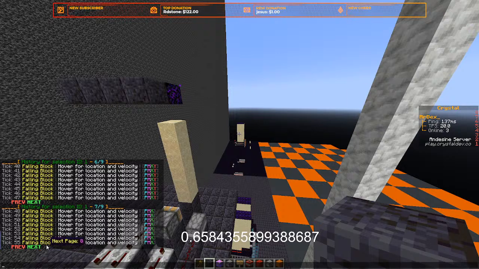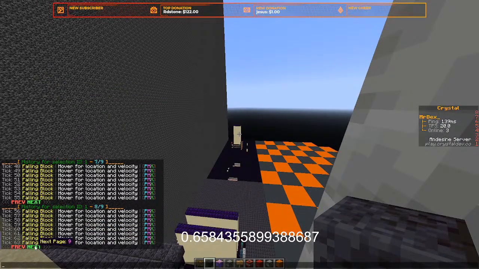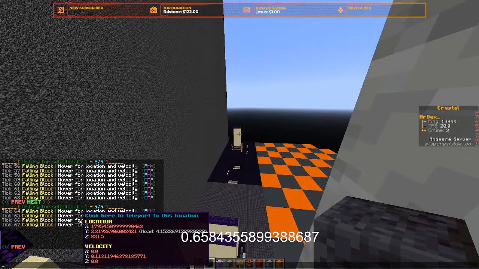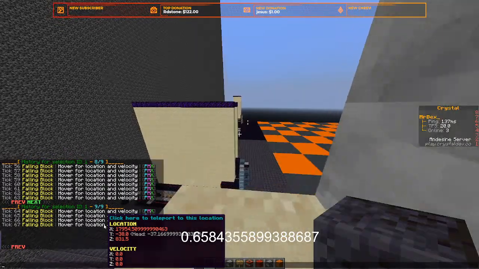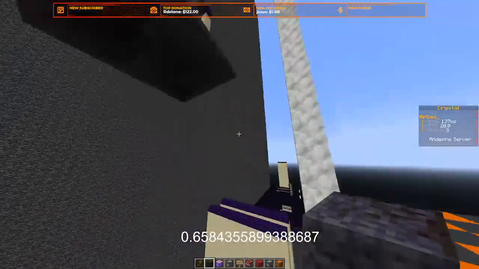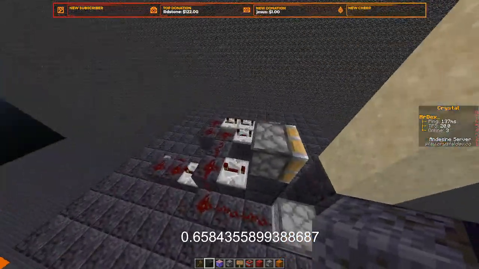This is TNT. Wait, 38. Negative 38? Oh, down. So where is it going? Oh wait, do I only have 1 sand? Oh yeah, I only have 1 sand. Yeah, okay, that makes sense. I'm a bit of an idiot, but...